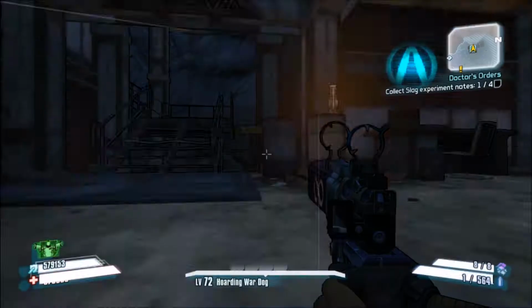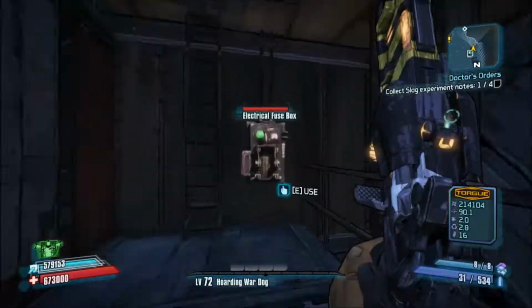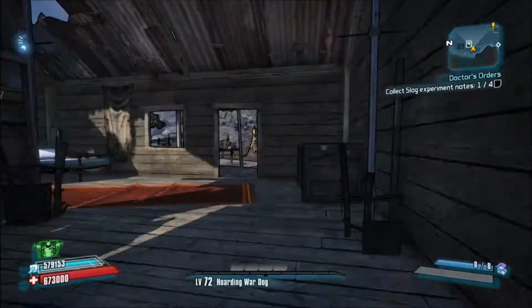What's up guys, we're actually in Tundra Express now. When you come to Tundra Express, you want to turn this off. This is if you already have traveled to, if you've already been to the farmhouse. If you have not,